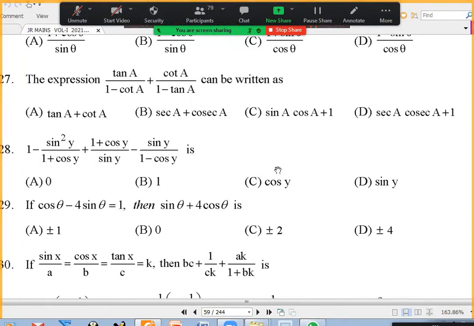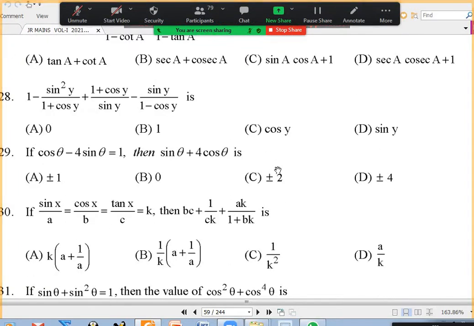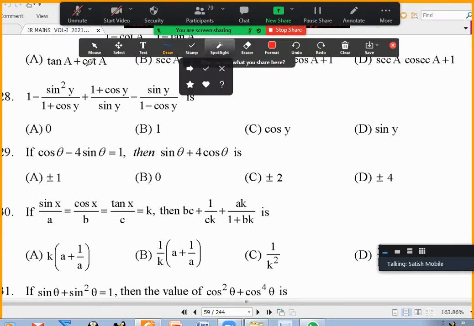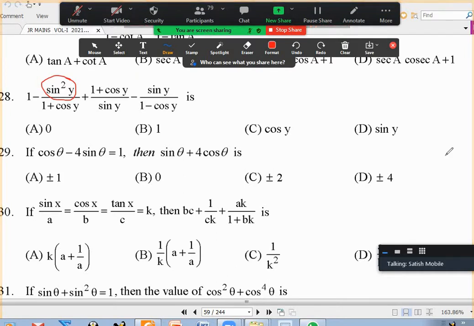Anybody want to tell me, not Bharat Kumar, you answered already few questions. Other than that, 28th question, anybody how to do? Sir, first 1 minus sin square y by 1 plus cos square y, we can write sin square y equals to 1 minus cos square y, no, sir. Okay, the second fraction, you are asking me to write this sin square y as 1 minus cos square. Then we can write 1 minus cos square alpha equals to 1 plus cos alpha into 1 minus cos alpha, no, sir. Yes.